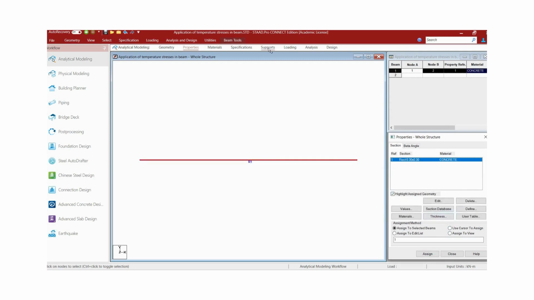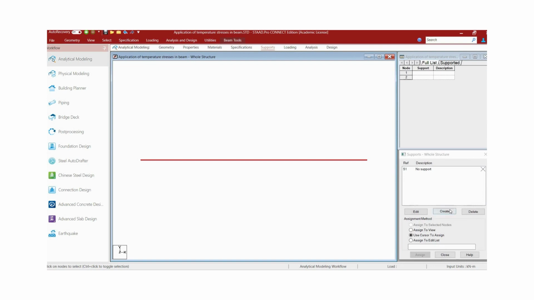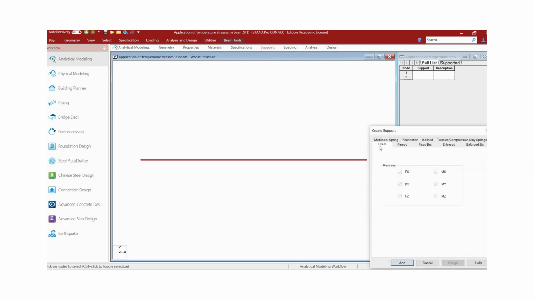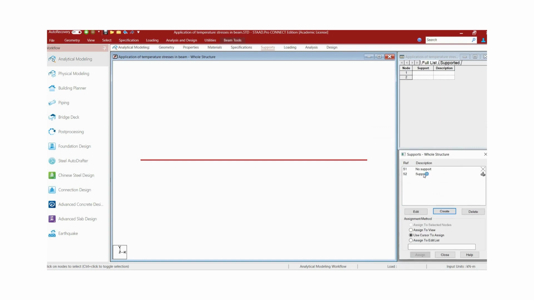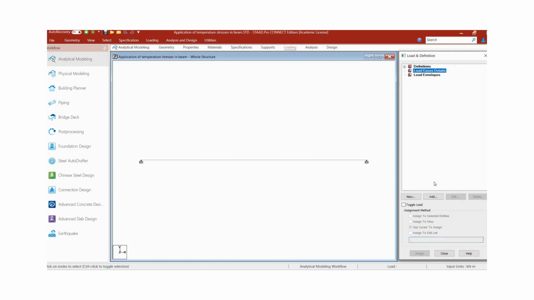Now move to the supports, create option. I choose a fixed support, click on add. Use the cursor to assign the supports. Now after assigning supports to the beam, for applying loads on this beam, click on loading, load case detail